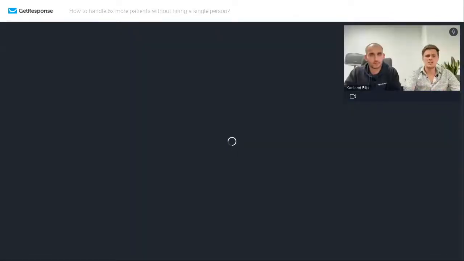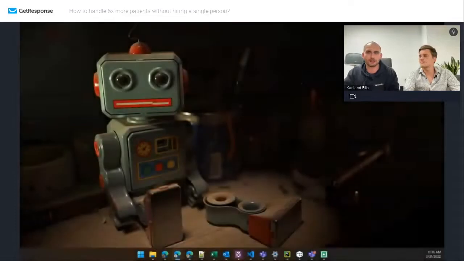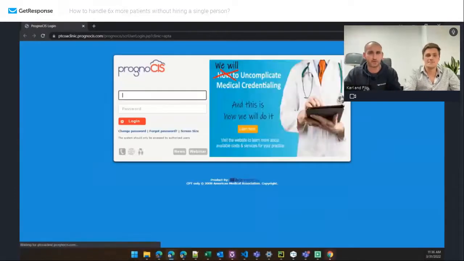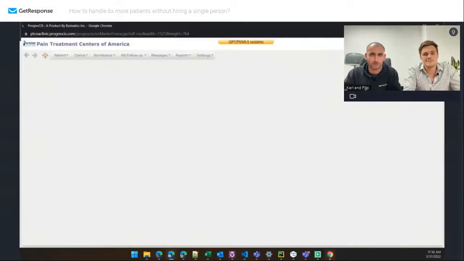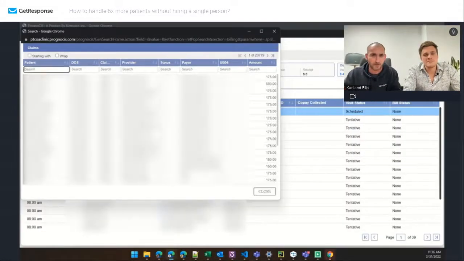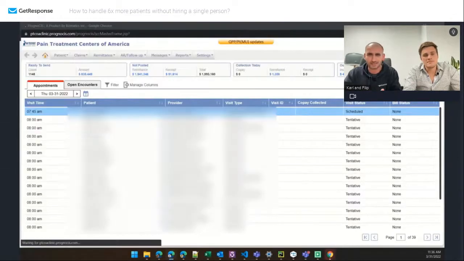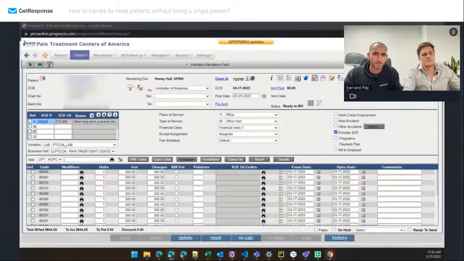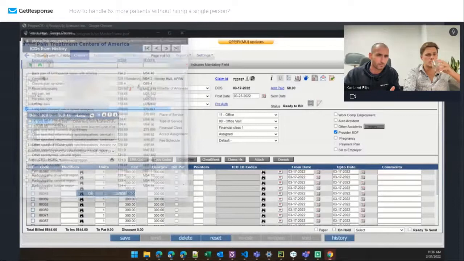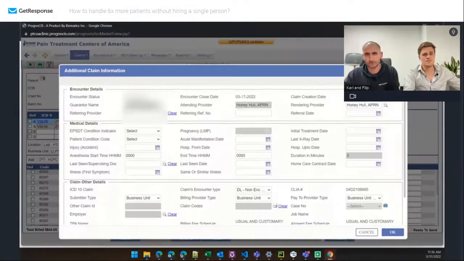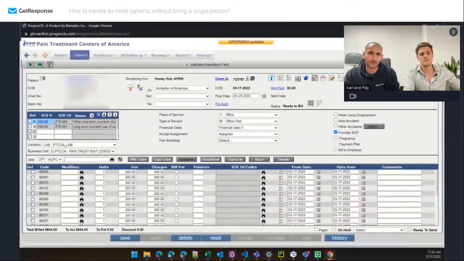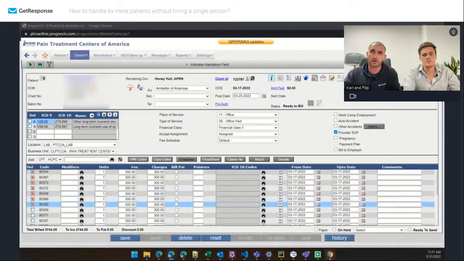Here it is. There's no voice over here, so I'll just tell you a little bit of what's going on. It's pretty boring. It's just going in this application. It's checking what insurance company it is, what doctor it is, if it's Medicaid or not Medicaid. It's basically clicking some stuff, copying, pasting some stuff. For certain companies, we delete the 8 codes at the end. Certain companies, we delete the 6 codes at the end. But it's the same process over and over again. Actually, 2,000 of these a day,